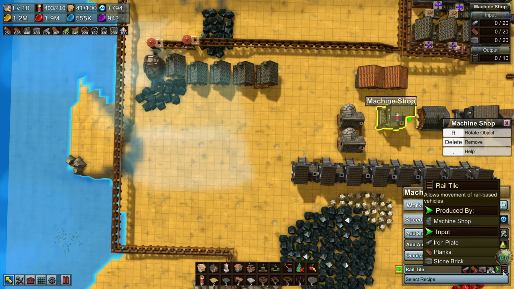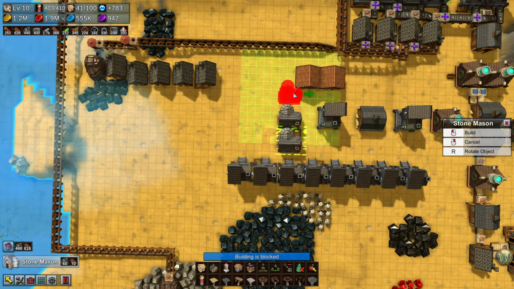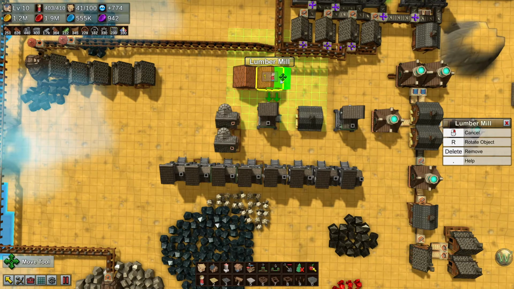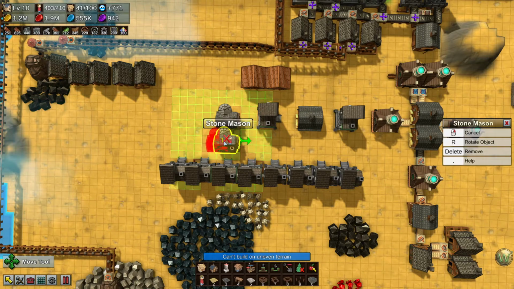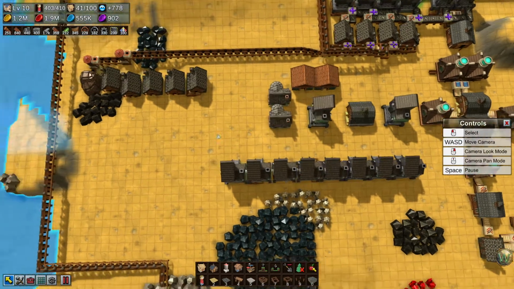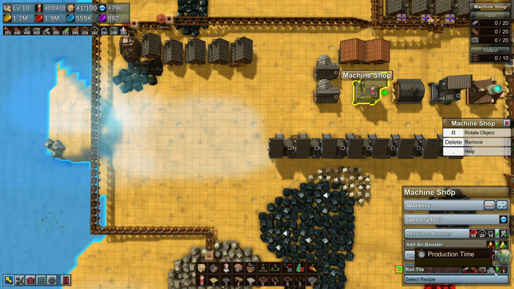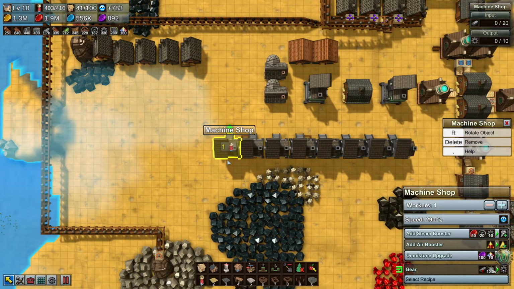Maybe I'll split these up. Yeah, let's split these up. Let me move this onto that side. No. Let's move this slightly this way. And we'll move this over here. With a little bit more room here. And then I think what I'm going to do is make 2 forges for this. Even though I technically only need 5, because